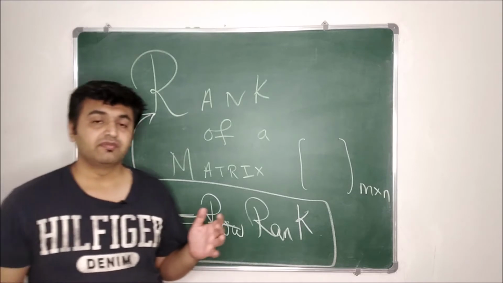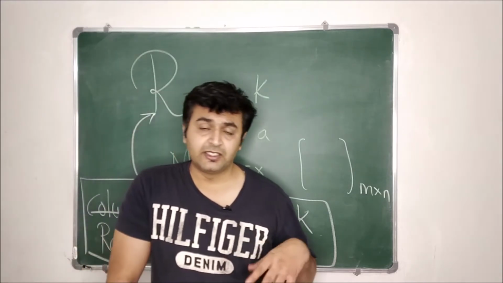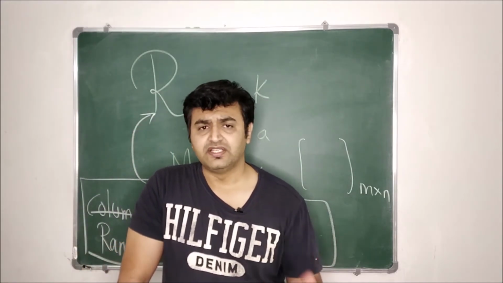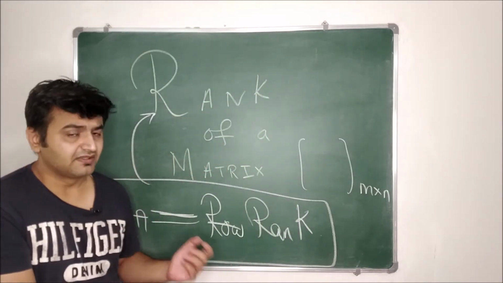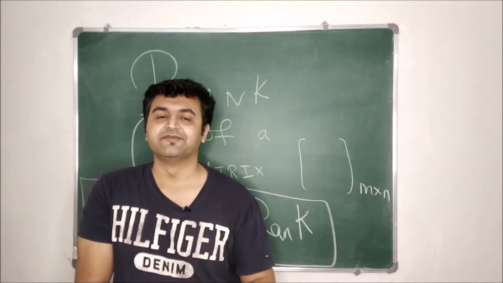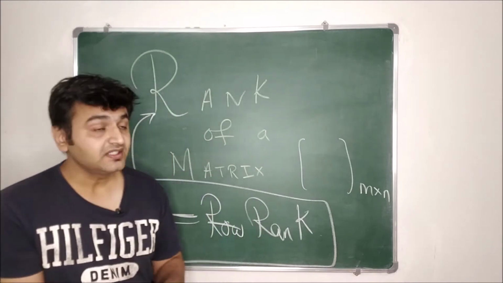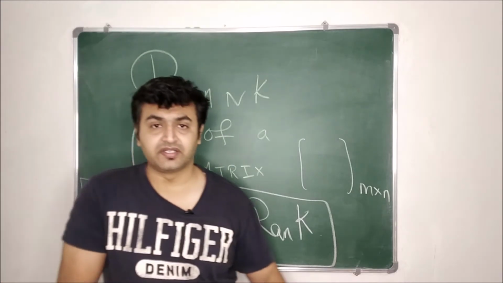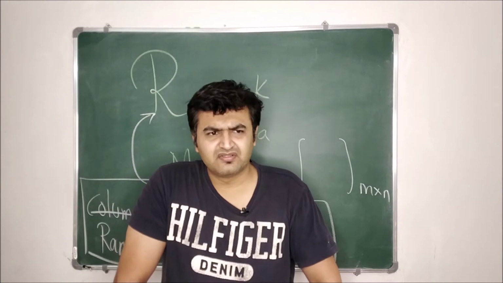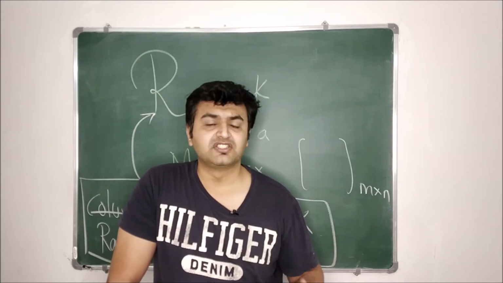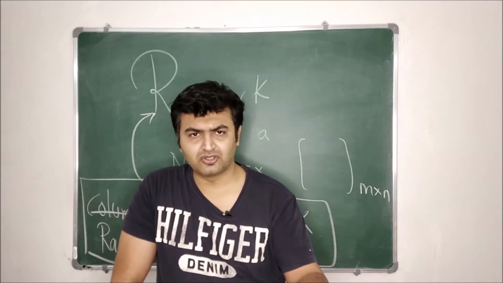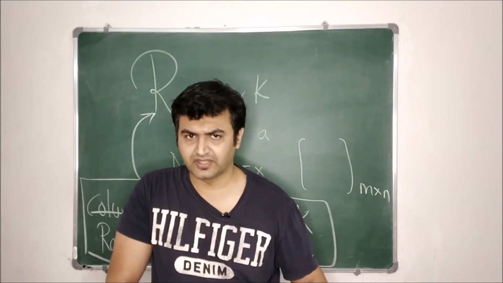So what is the rank of a matrix? It is the number of linearly independent rows or the number of linearly independent columns. Since this is always the same, that's why this is a good number to study. Now the question is how to find the rank of a matrix. There are plenty of theorems, but one of the best is the Gauss elimination method, the row echelon method or the row reduced echelon method, whichever you like.